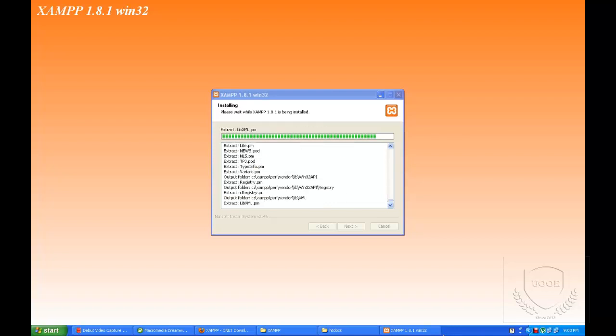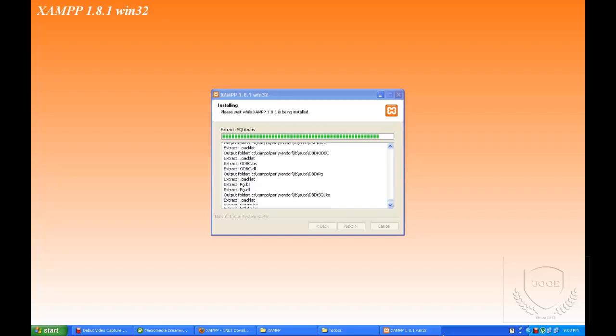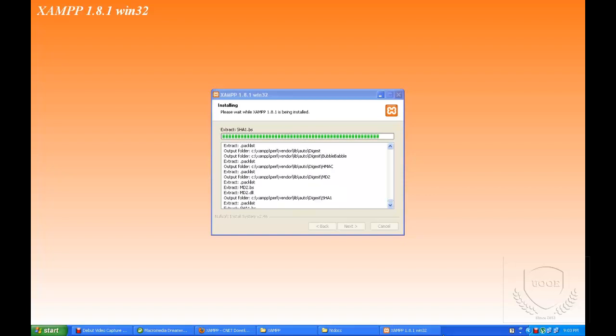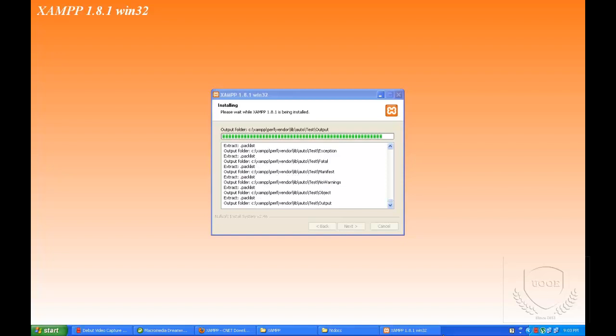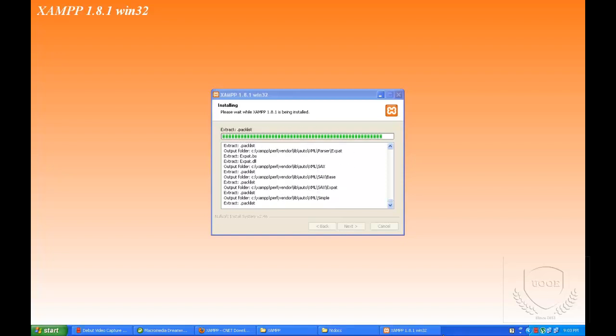And sometimes you may face a problem with the IIS server. You can't run multiple servers at a time, so you have to go to Run and run services.msc. At that time you can see a number of services running. You have to stop the IIS server, and after that you can also run XAMPP. These are small tips. You may face some problems at that time, so you have to concentrate on these issues, mainly Skype, and another one is the IIS server.